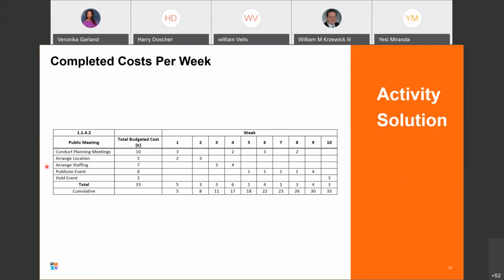What it's going to take to arrange all the staffing, to publicize the event, and then to hold the event itself. As you can see, these are the number of people required and when they're required. This is the cost for these people, okay? And then just the total of how much it's going to be. Now, this is a cumulative